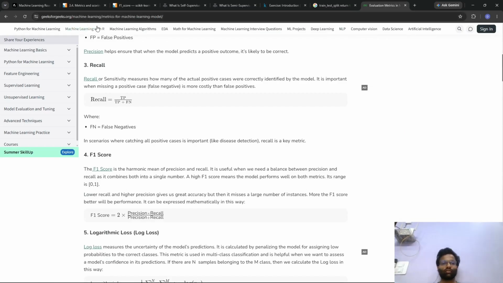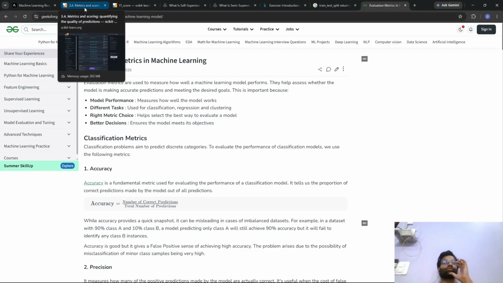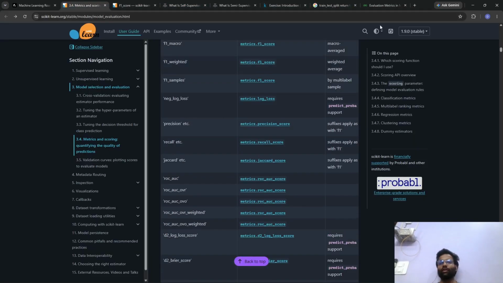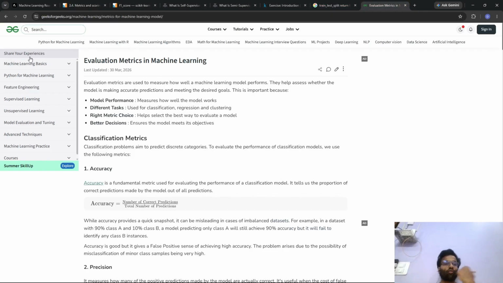So you can check all those metrics in detail, and you can try them out as well. In all these courses, you can go through the mathematical implementation. And just to give you an overview,